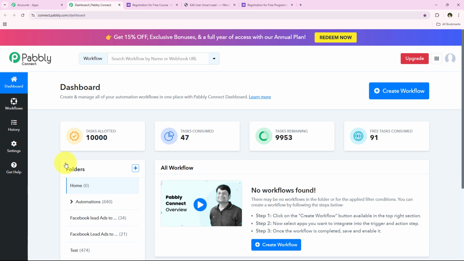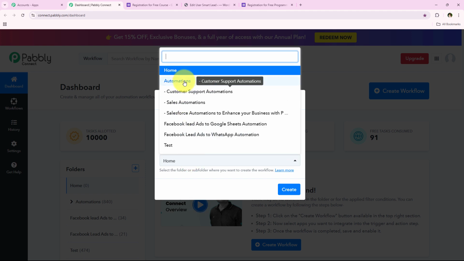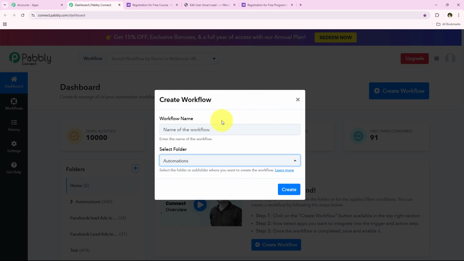And to start with this automation, we are going to click on this button which says create workflow, and now it is asking me for the workflow name and the folder I want to save the workflow in. So here I want to save the workflow in this folder which is automations, and I want to name my workflow as how to create WooCommerce customer on Google Forms submission, Google Forms to WooCommerce,